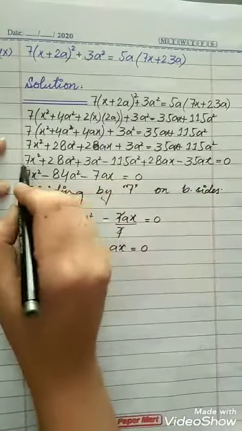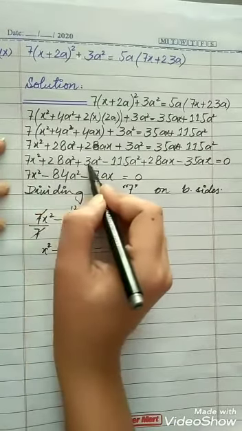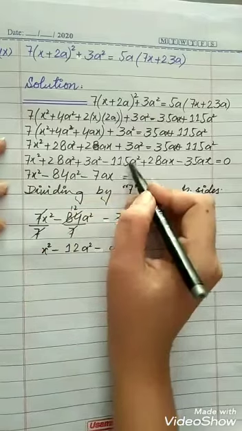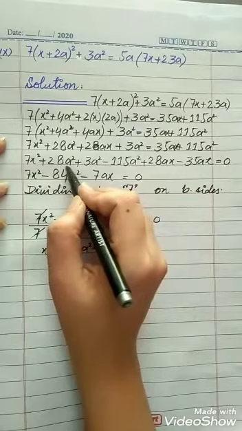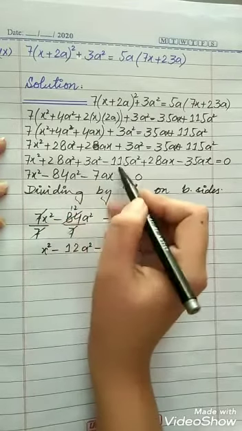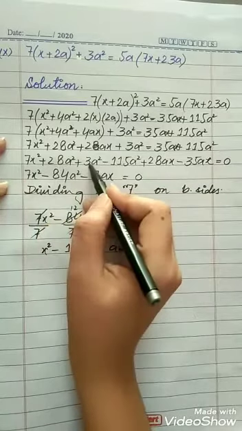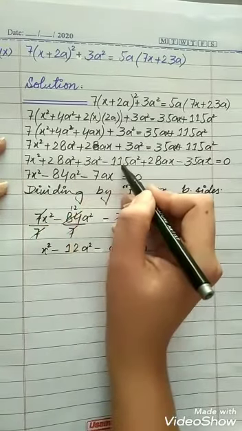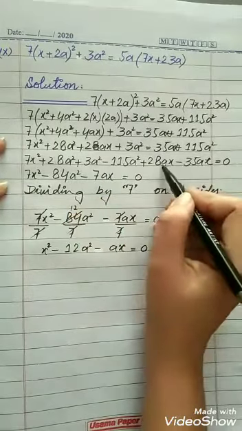Now we will solve these. 7x square as it is, 28a square and 3a square minus 115a square. We have to solve these because all three values have the same variable, a square. 28 plus 3, that is 31 minus 115, that is minus 84a square, and we will solve these two, 28ax